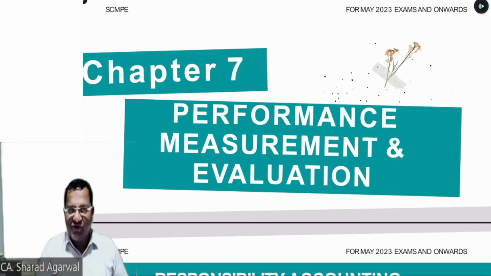This is the third session on this very important chapter, chapter number 7, performance measurement and evaluation. I have given one question in homework, beta. How many students have tried and solved that particular question? It was a very easy question of economic value added, no adjustment, as advocated by Stern Stewart and Company. How many students have completed that one?